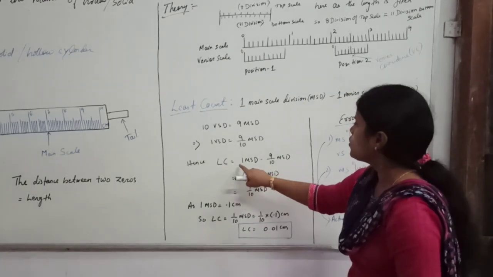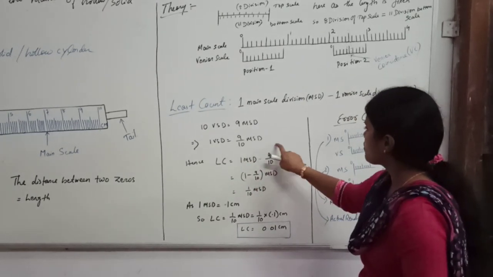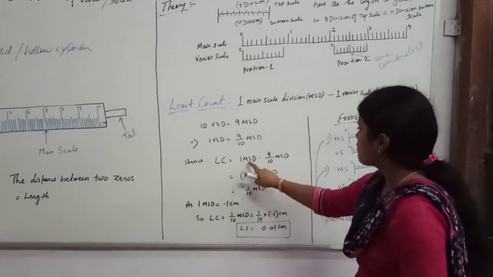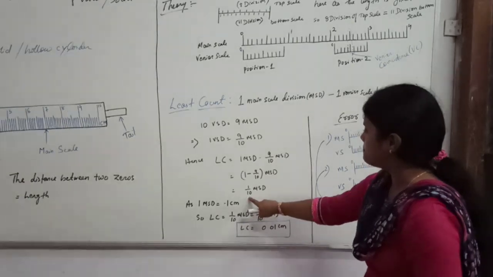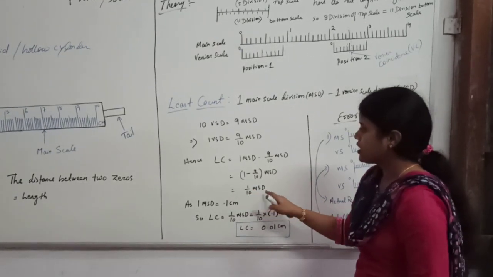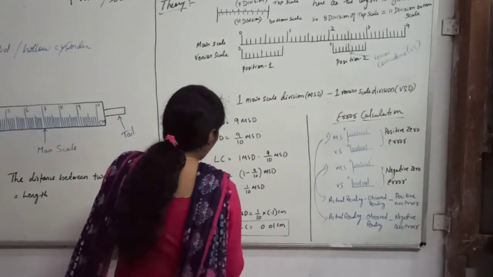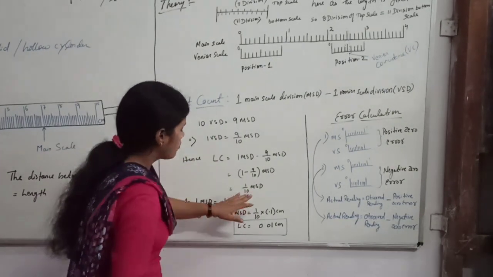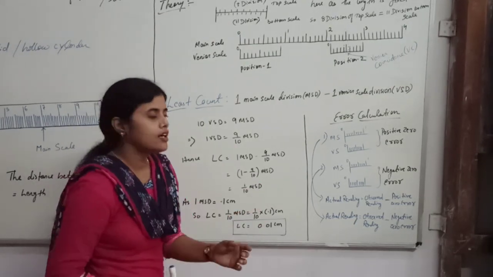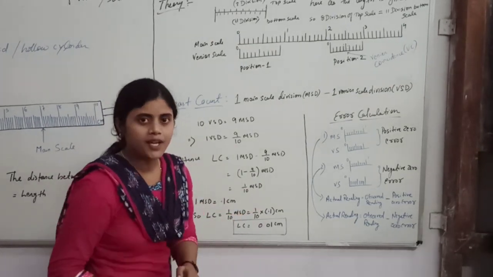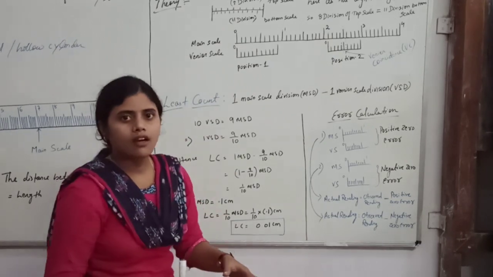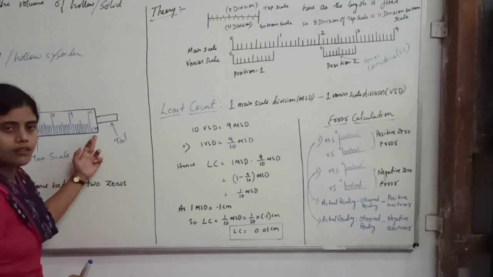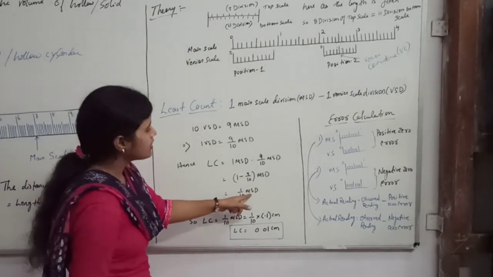LC, least count, is equal to 1 MSD minus 1 VSD. In place of 1 VSD, I wrote 9 by 10 MSD. So after doing the subtraction, I got 1 by 10 MSD. So here I got least count is equal to 1 by 10 MSD. So now I want to find the answer in terms of centimeter, because our ultimate answer will be in centimeter, right? Because this is shown in centimeter here. So that's why I will convert this division into